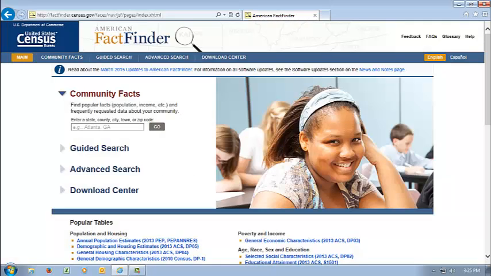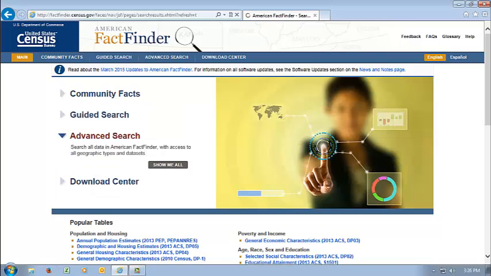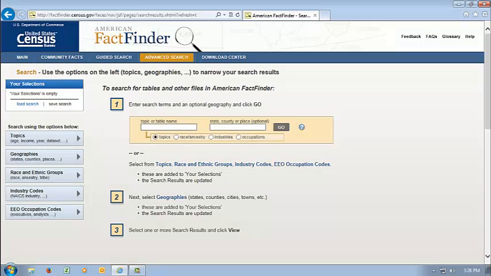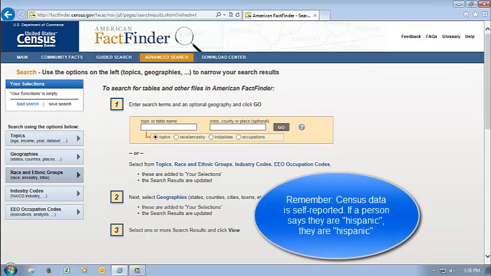American Fact Finder is a tool that lets you call up particular tables of census data. Now, since in this case we actually know the group that we want to pull data from, that is Native Hawaiians if you remember, the easiest way to do this is to go to Advanced Search here, Show Me All, and this will pull up a bunch of different tables that you can request, organized by general type. You can pull tables by topic, by geography, and by race and ethnic groups, which is obviously what we want to do this time. If I click this here,